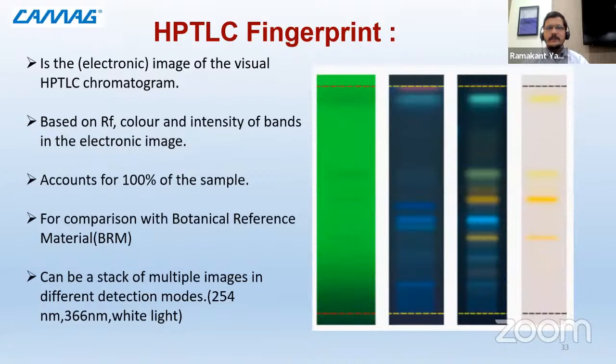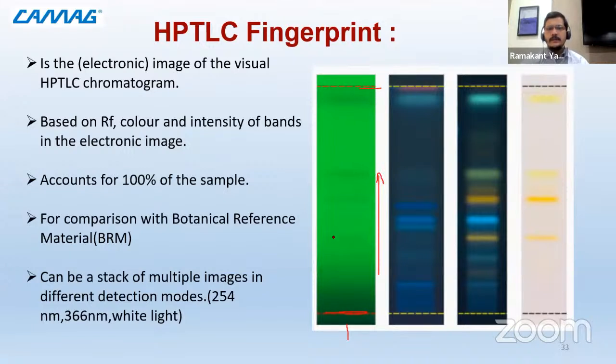What is the concept of HPTLC fingerprint? HPTLC fingerprint is nothing but the electronic image of the visual HPTLC chromatogram. Here you can see this is the first HPTLC fingerprint. Here we have applied the sample at the bottom and we have run that plate in a suitable mobile phase up to a particular distance.